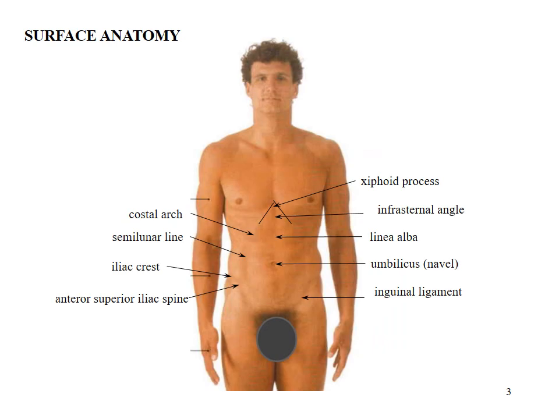What kind of landmarks can we see on the anterolateral abdominal wall? First, this is linea alba. This is a linear depression between the xiphoid process and pubic symphysis. Then the costal arch, right and left costal arch. The costal arch corresponds to the lower margins of the 7th to 10th costal cartilages. Right and left costal margins join in the midline and form the infrasternal angle. And the most superior is the xiphoid process, part of the